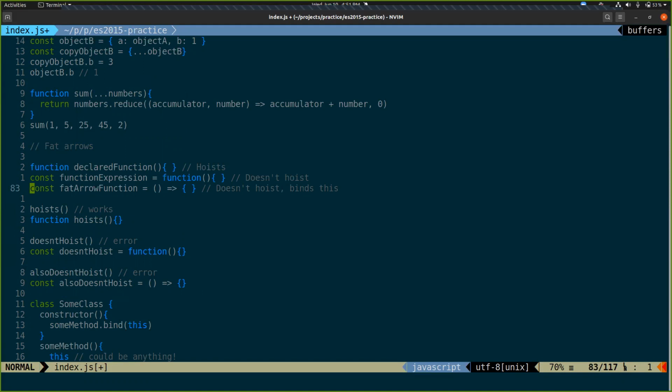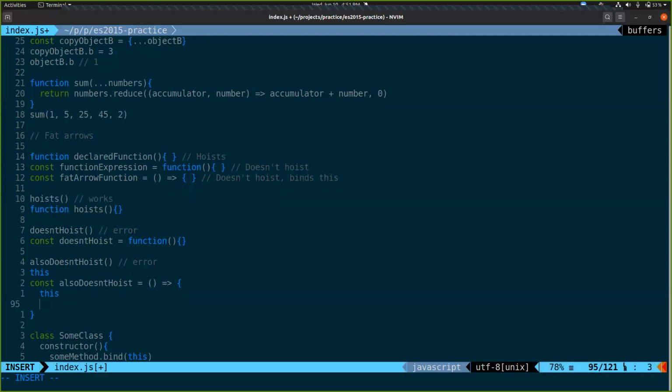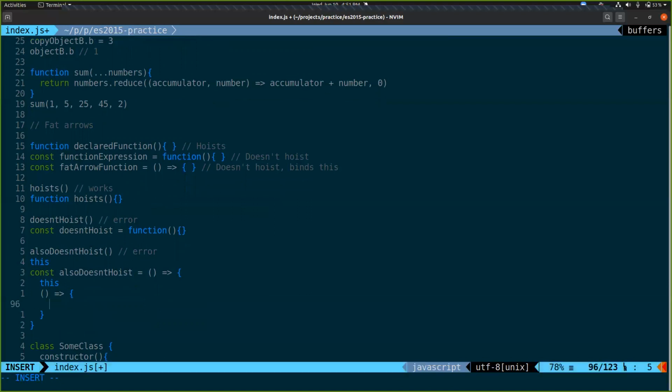So another way to think of fat arrows, those two thises will be the same thing, always. Past that, you keep on going down, it follows the same rules as this always does. So if you keep using fat arrows, this is guaranteed to stay the same. You start making those function expressions or function declarations, they follow the rules that those things follow.